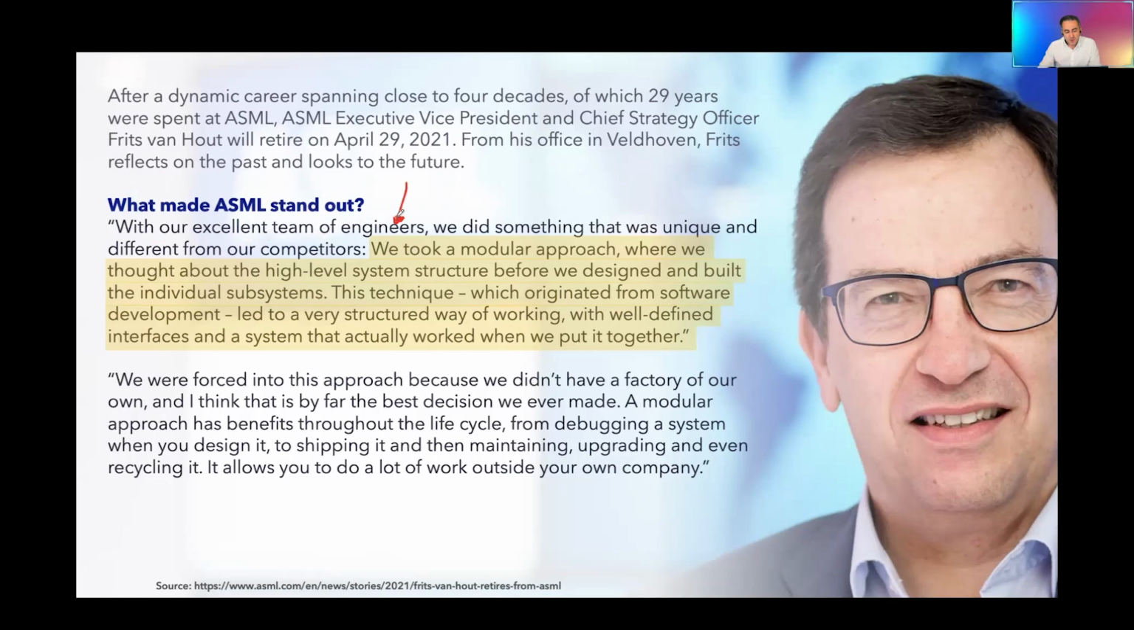ASML took a modular approach. They thought about the high-level system structure before they designed and built the entire system, and I'll share a little picture of the system in a second. They created a high-level, system-level design. They used a teppanyaki style. I'm not sure whether you've ever been to a Japanese restaurant that used teppanyaki, but with a big knife, they chopped the large system into smaller pieces. And then